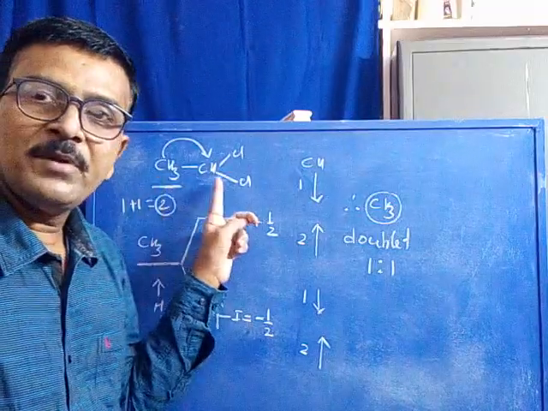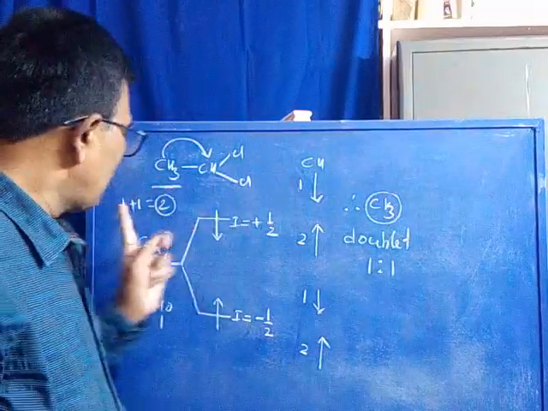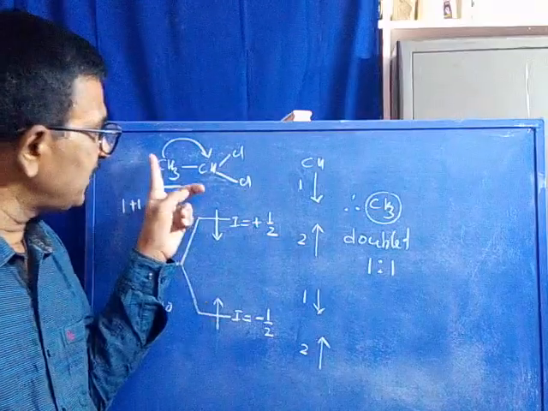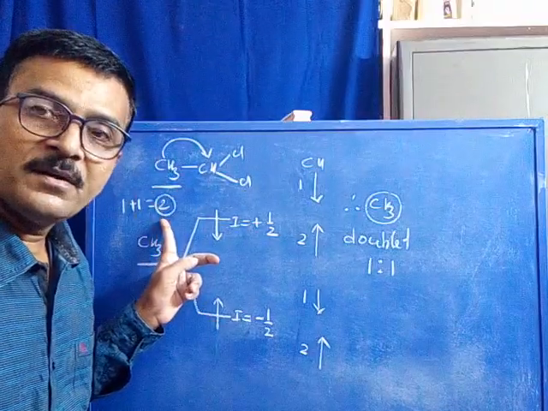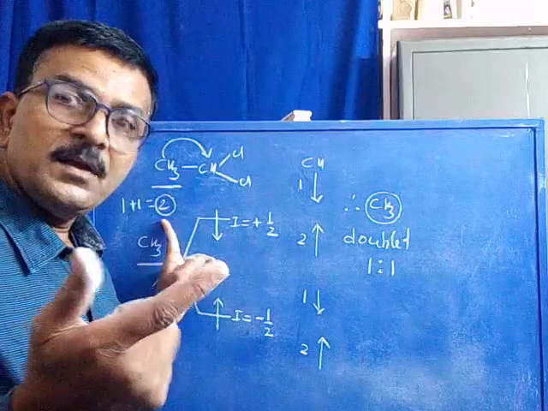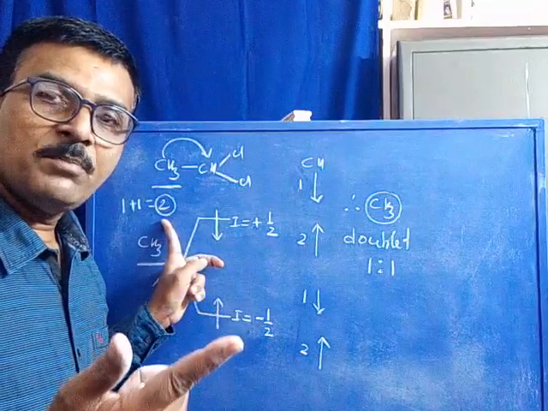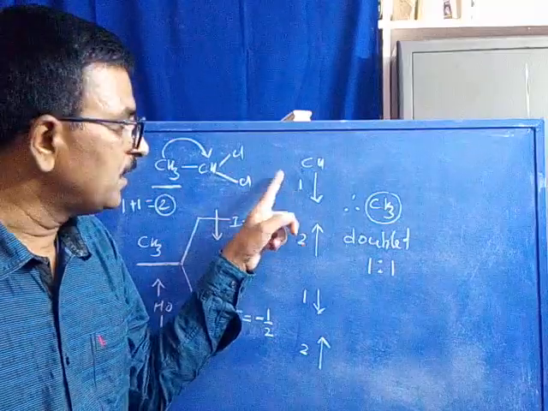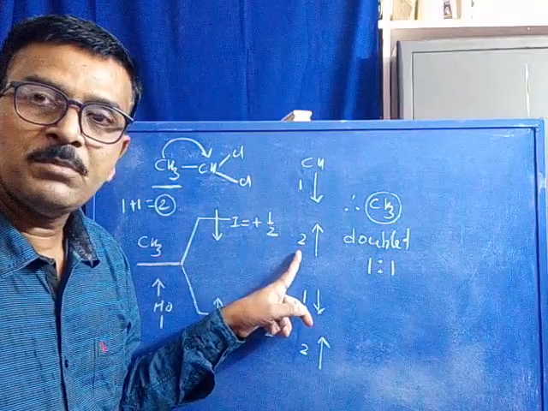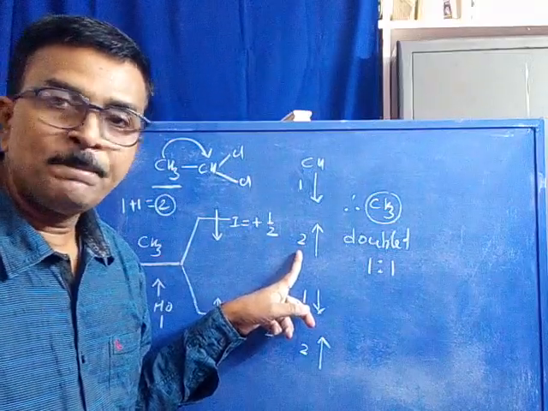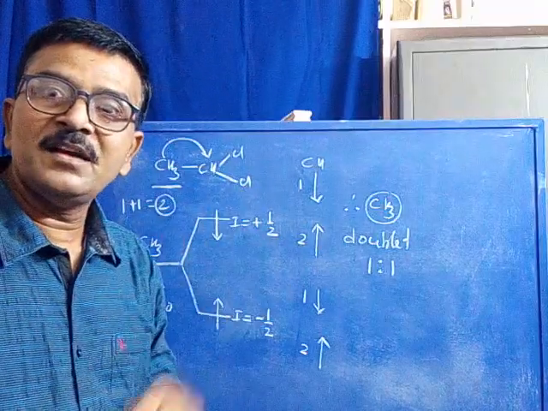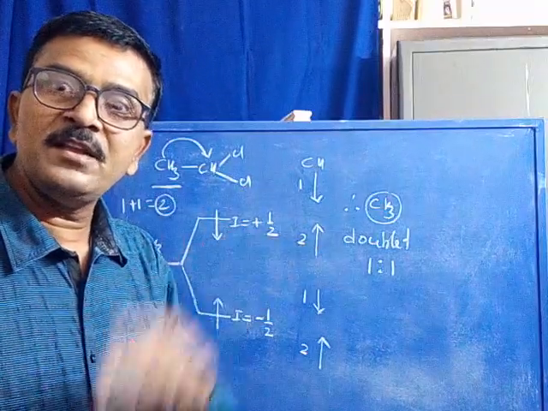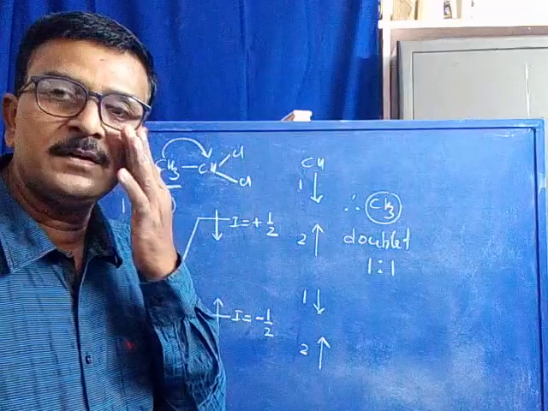So CH3 coupled with CH, n is equal to 1. 1+1, doublet. A CH3 signal appears as a doublet. Why appearing as a doublet? Because when the CH3 is coupled with CH, the CH may take up a different orientation. There are two orientations possible for the CH proton nuclei. Therefore, the CH3 appears as a doublet. The number of lines is equal to the number of orientations for the adjacent proton.